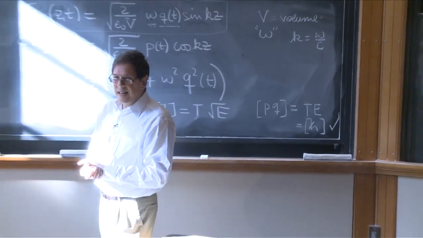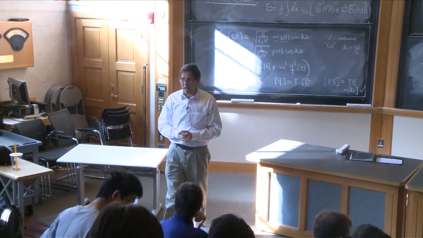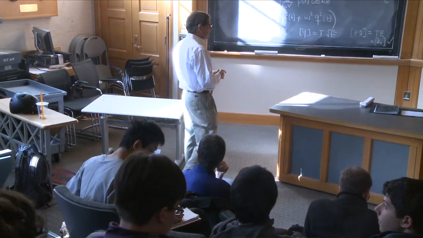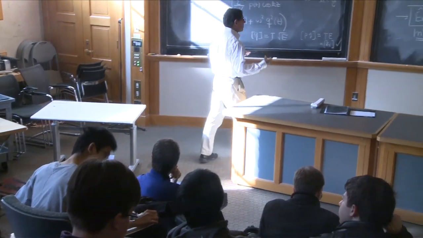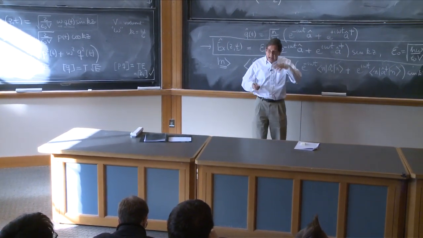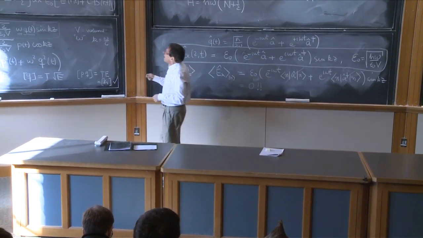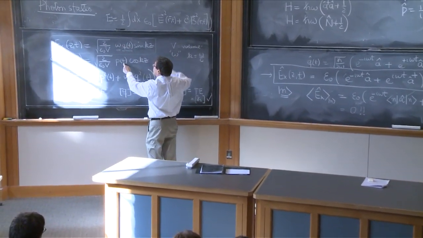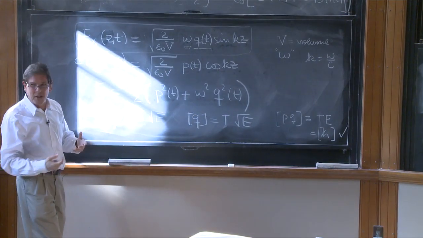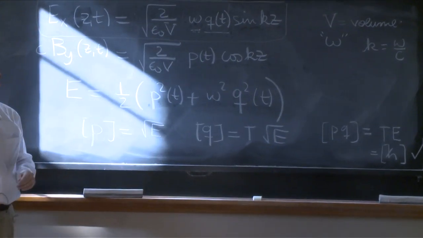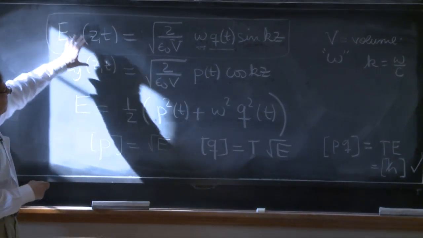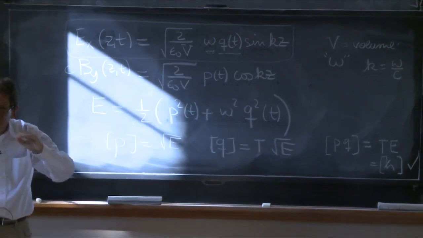Yes? If we're associating h bar omega of energy with a photon, what object do we associate the zero point energy with? Well, it's a zero point energy of this quantum of vibration. So it's just like an electromagnetic field. You see, if this is like Q and P, there's the minimum energy state in which you're in the ground state of the harmonic oscillator, but E and B cannot be 0, like delta X and delta P cannot be 0. So every mode of the electromagnetic field has a zero-point energy.